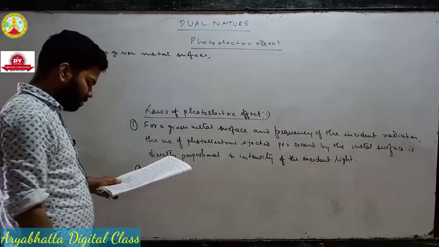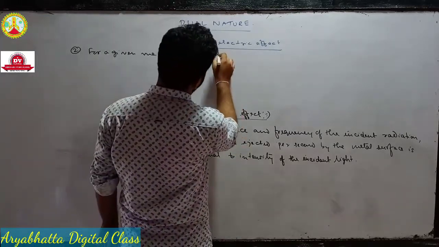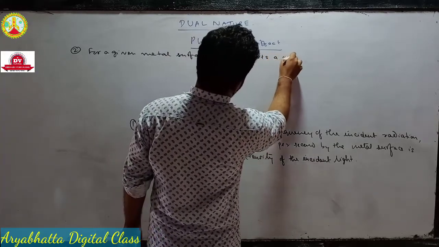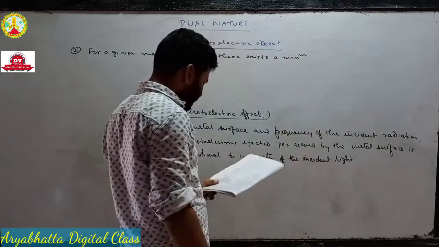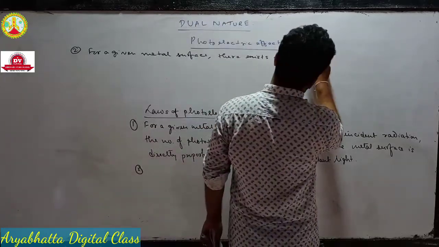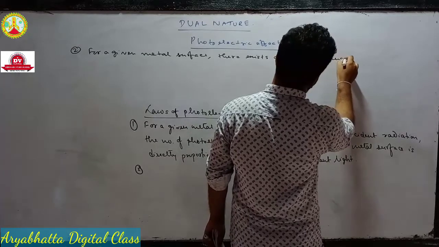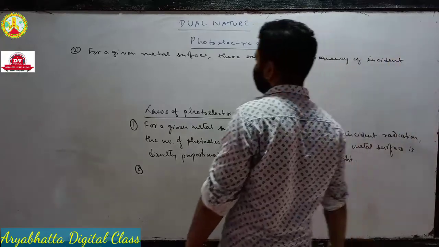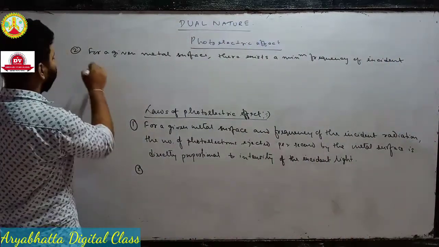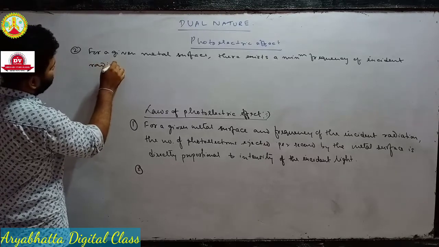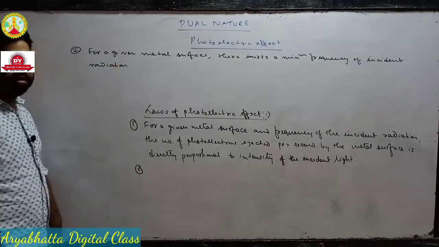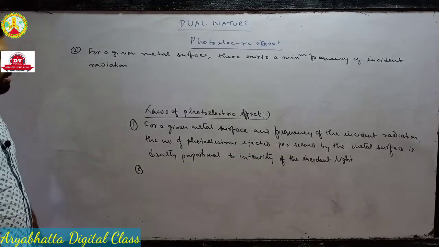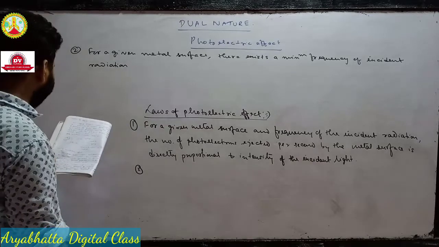metal surface, there exists a minimum frequency of incident radiation, और incident light का अगर frequency उस frequency से कम हो गया, minimum frequency से, then photoelectrons will not be ejected. There exists a minimum frequency of incident